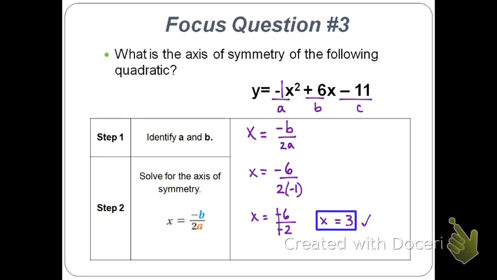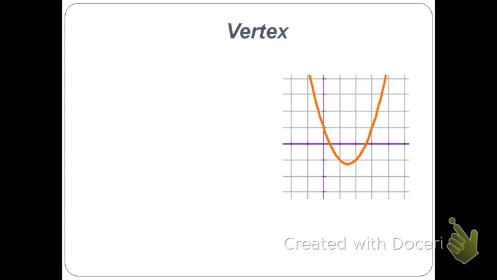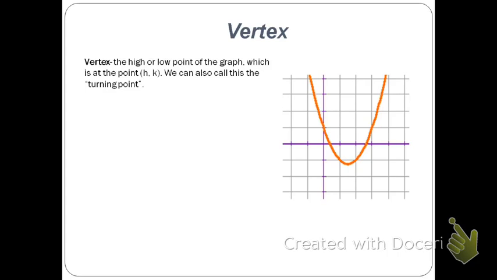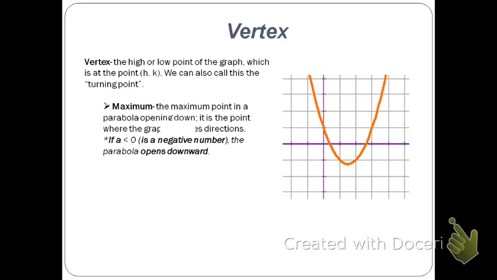There's our axis of symmetry, and you'll sometimes see me abbreviate that as A.S. So that's our axis of symmetry for number 3. Well, now we're going to take it a step further, and we're going to find the vertex. Remember, the vertex is the turning point where the two sides come together, and